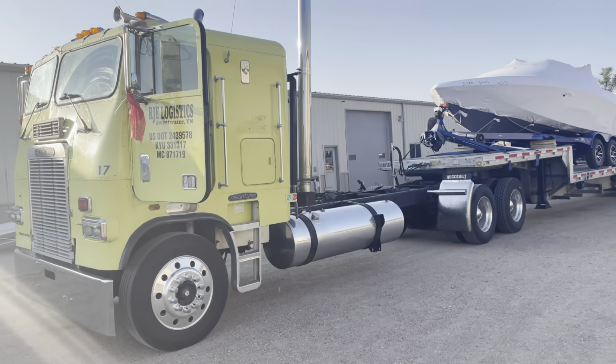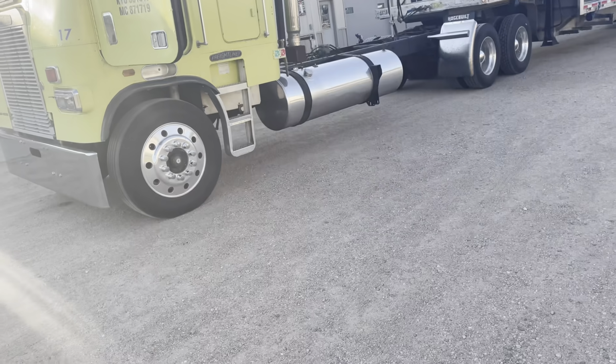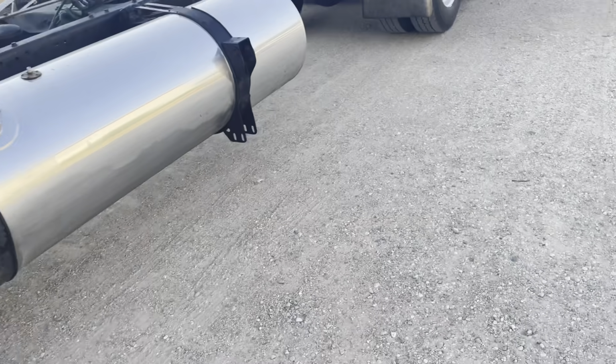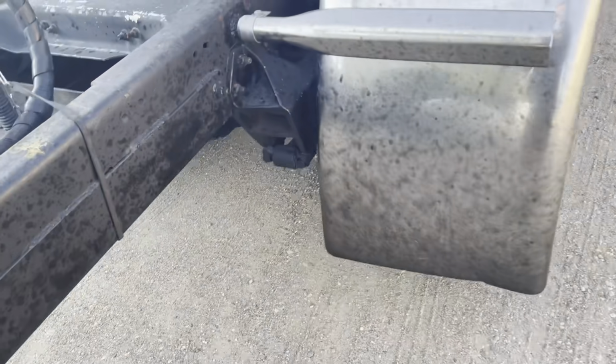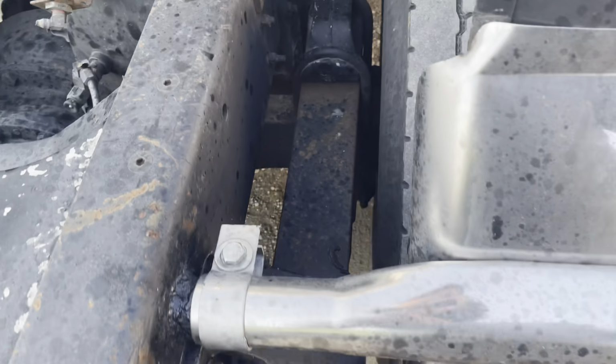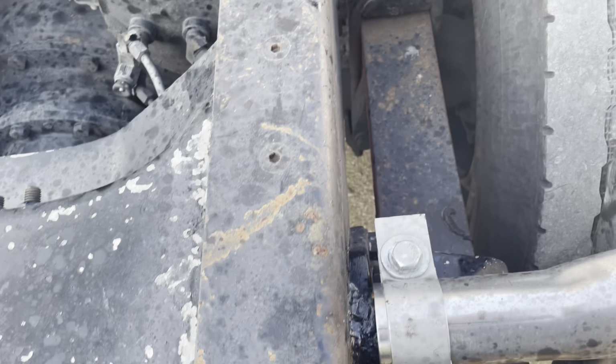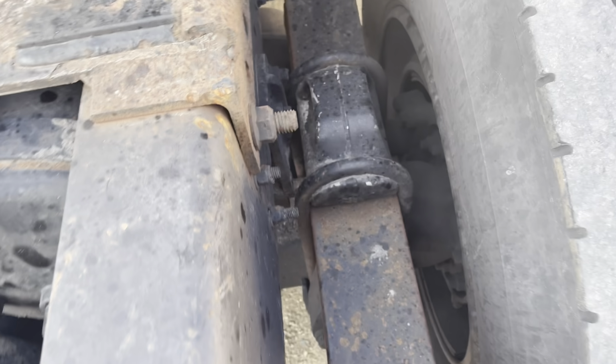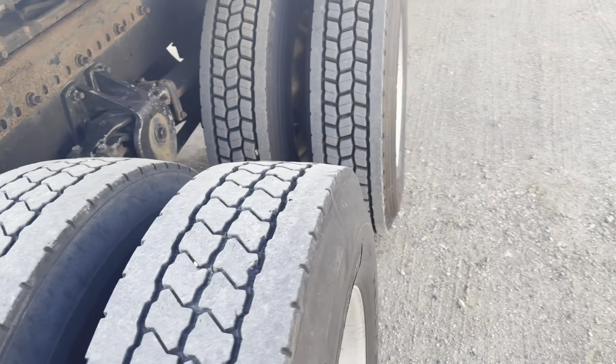And it looks good, but it really needs to be shortened up. It needs air ride on it. Once I get air ride, I'll be happy. And these springs back here wore out, so that's another reason for doing it. It's got a diesel leak, I just noticed too. As you can see, these springs are wore out, bending and twisting, and so it's really ready for an update